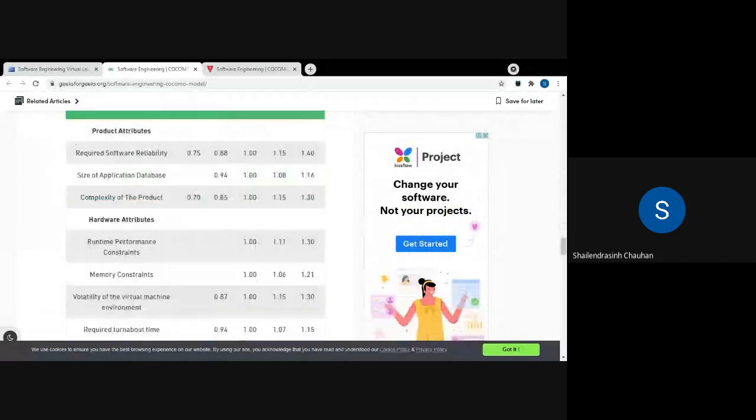This is for the intermediate model, and this is for the detailed model. So the types of model are basic, then intermediate, and then detailed.